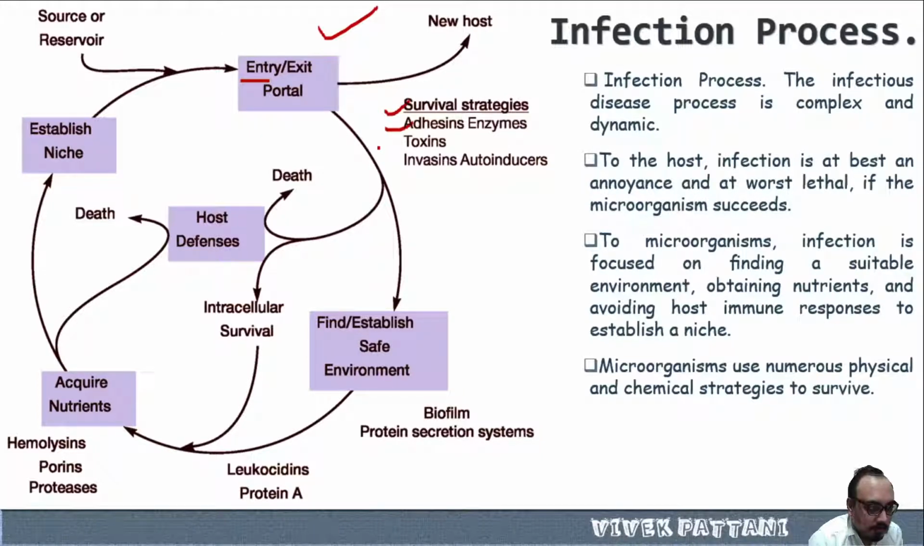They may produce adhesins, enzymes, toxins, invasins, or autoinducers. These are the strategies of the microbe, which is a pathogen, and this also decides the virulence power of a particular pathogen. Now moving forward,